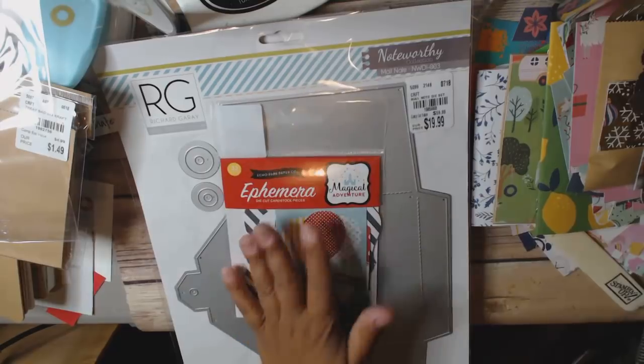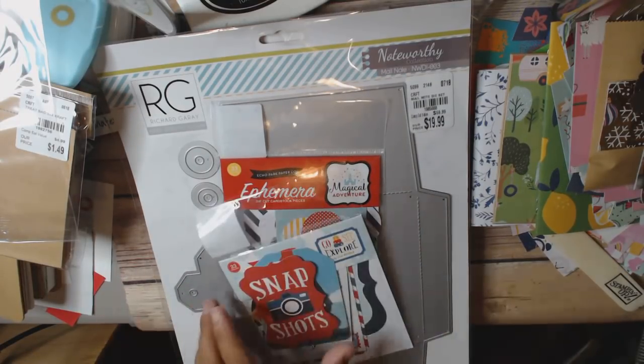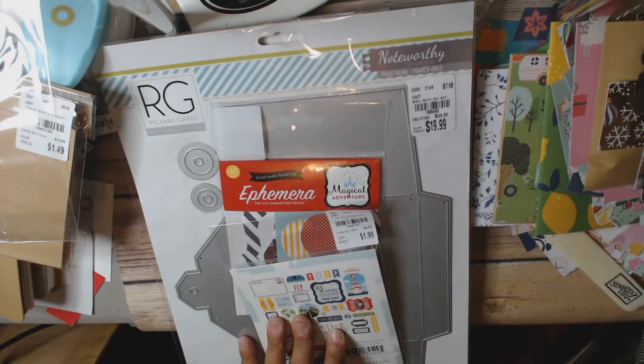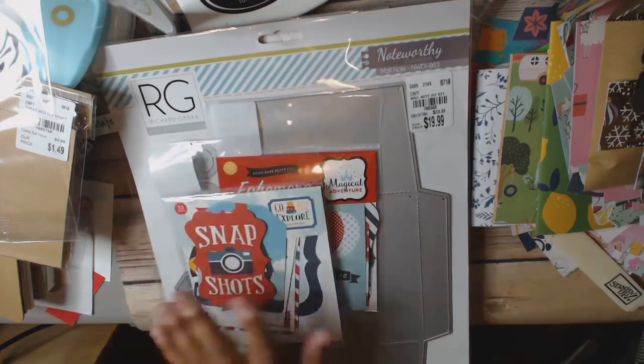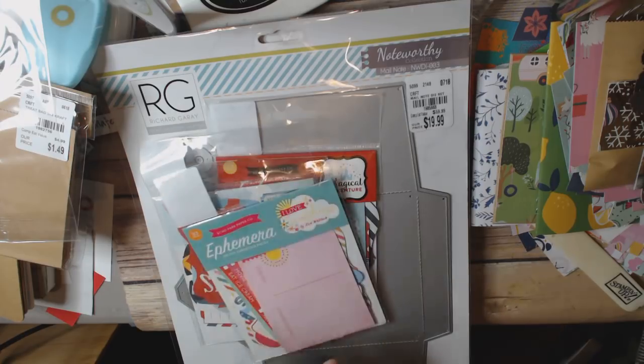1958721. It's a really good deal because ephemera is super expensive. And you can make cards with it if you want to. And then this is Go See Explore. So these are newer collections. This one is 1958722, and it's $1.99. And then these two are a little bit older collections, but I want to say I